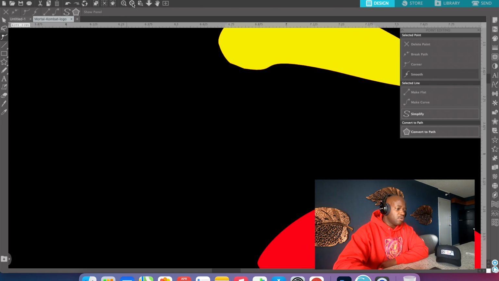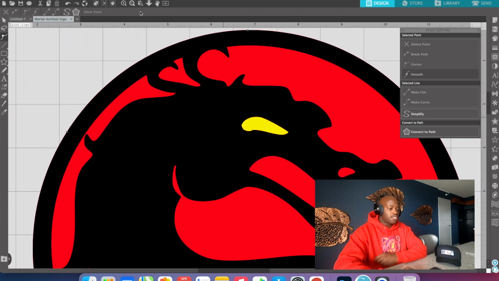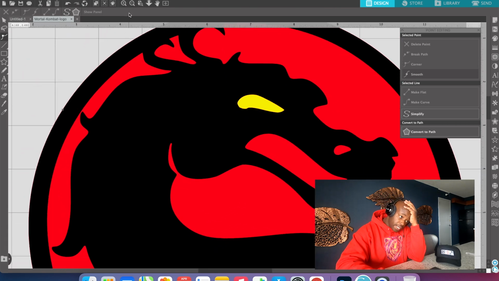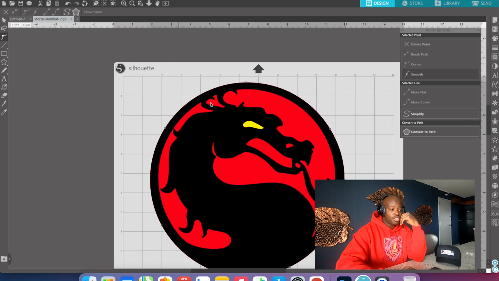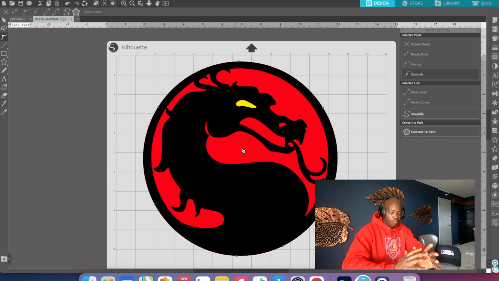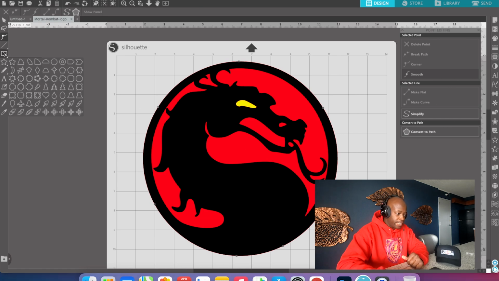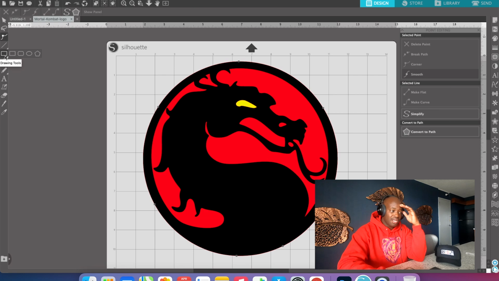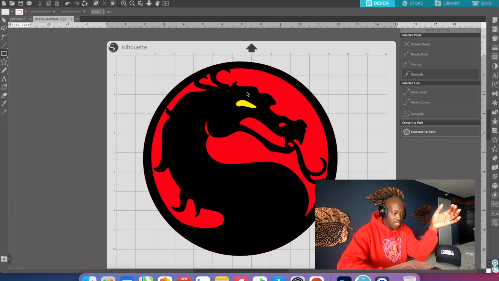So what you have to realize is that with some designs you're going to get, the trace feature is not going to be a really good thing to use, because you might have some intricate parts that you can't trace. So these tools right here make it possible so that you can pretty much make anything by making it a compound path and being able to grab those points, right? So say for example I wanted to make this eye, or make that nostril. I would just select